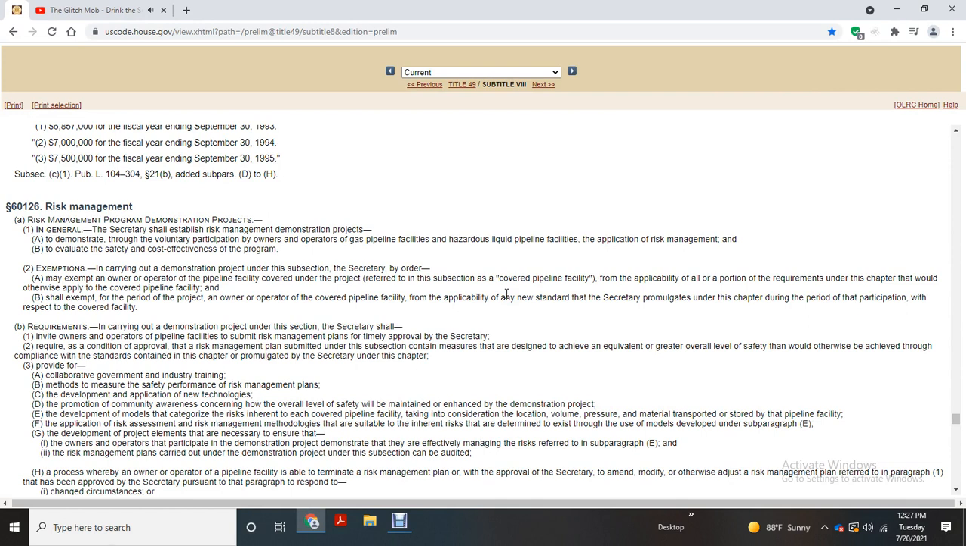with the owner and operator of the pipeline facility covered by the project, refer to the subsection covered pipeline facility, the ability of all the proportion of the requirements of the chapter that would otherwise be applied to the covered pipeline facility. The period of the project with the owner and operator of the covered pipeline facility, the applicability of the new standard, secondary program promulgated under the chapter, during the period of the participation